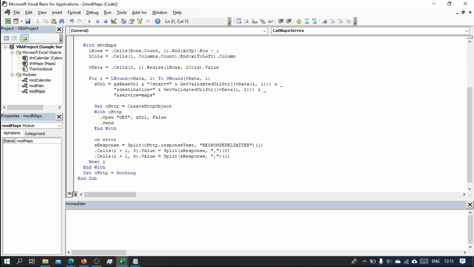So I'm going to first of all say On Error Resume Next. And then I will check if there's an error. If Err.Number is equal to 0, then there's no error, so we do what we just did earlier. Else, what we need to do,